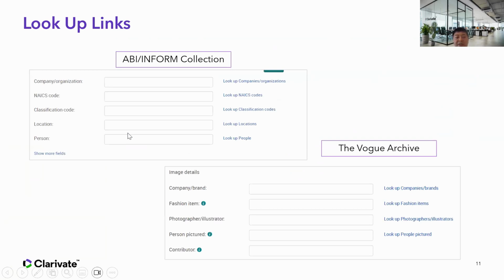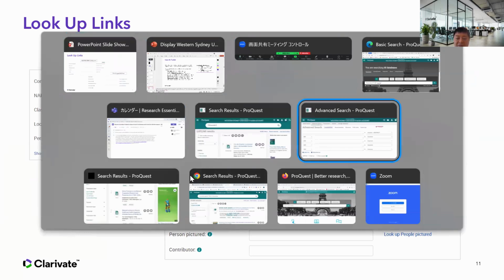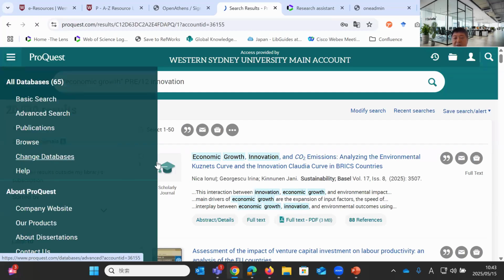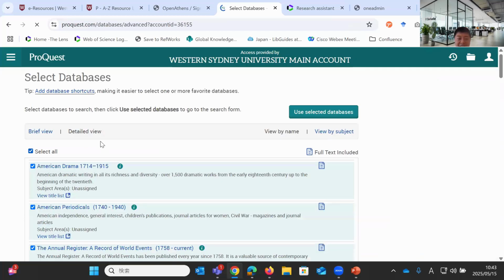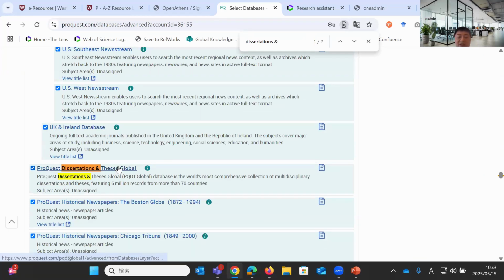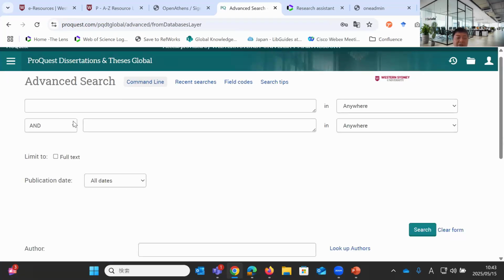Subject-specific search, as I was talking about, right? I already showed you that at the platform level, you don't see the NAICS code. Only by clicking ABI/INFORM Collection, which is business-specific data, you see that. The Vogue Archive, for example, has a fashion item filter. You need to select a specific database to see such a filter. So again, open the menu, change databases, and visit, maybe dissertations and theses, which also has a filter like